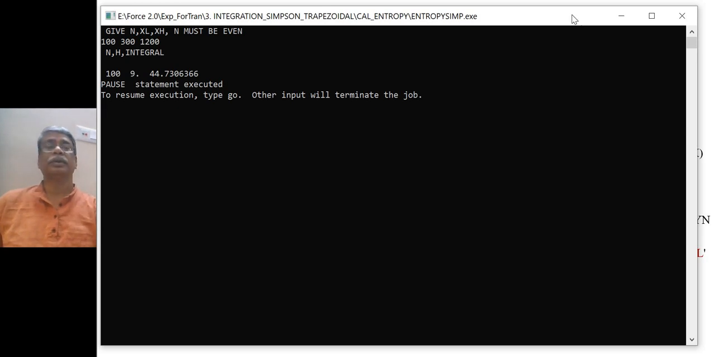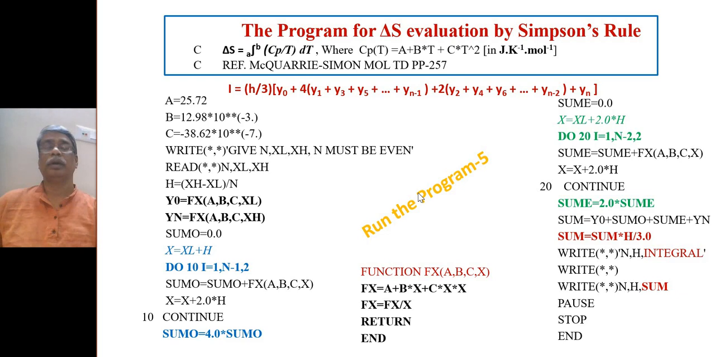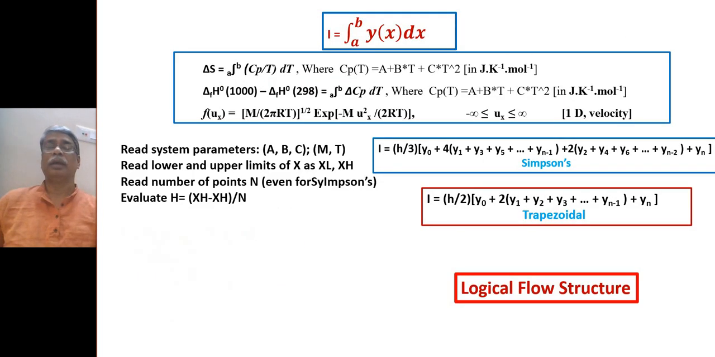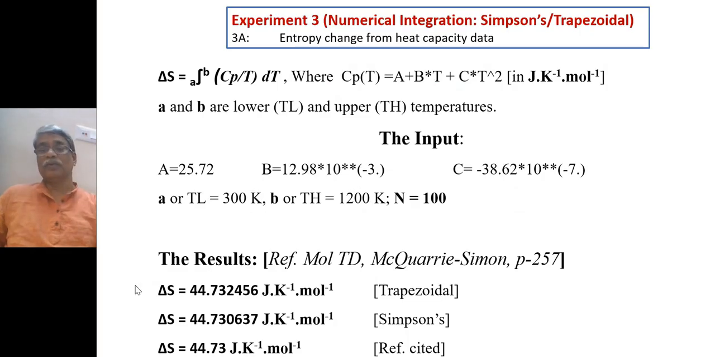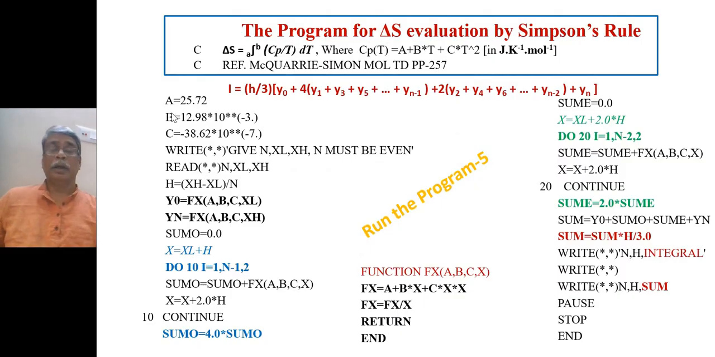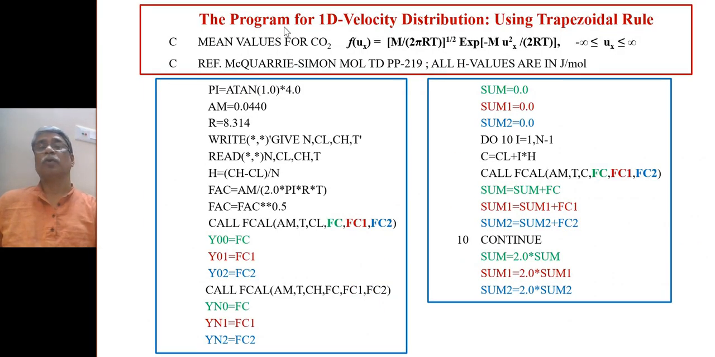So now let us go back to the result that we have already seen. If you go back to the result, I have to come back a few slides. Here you see 44.732456. So this is the result, and that does match with the exact value from the Macquarie-Shannon text. Okay. Good. So let us go for our last part, the last experiment, and that is the program for 1D